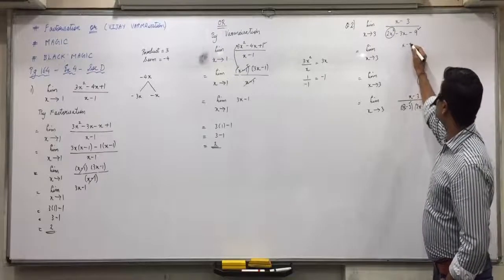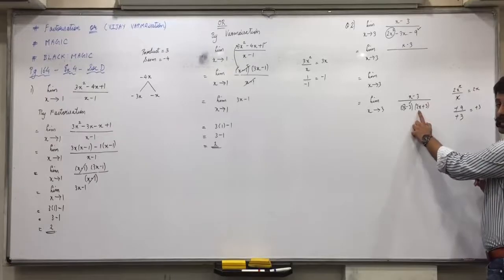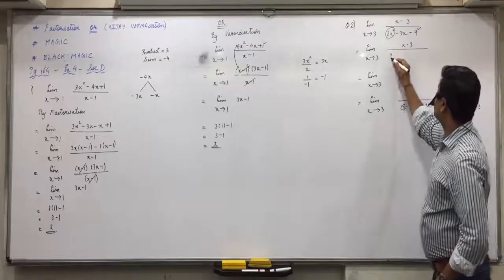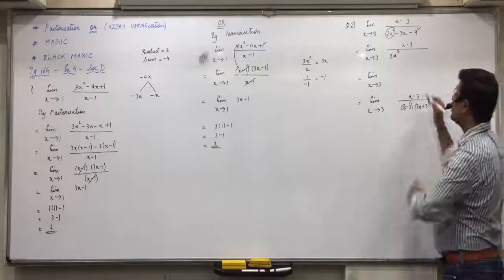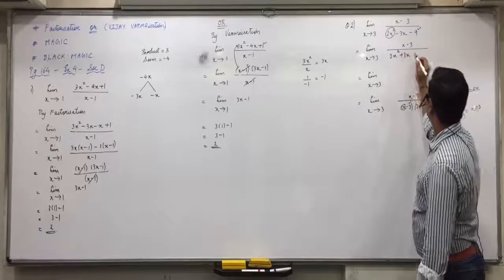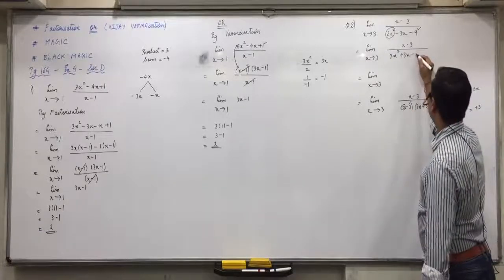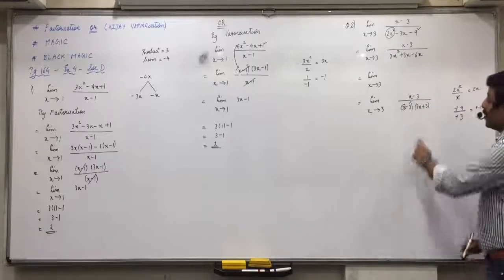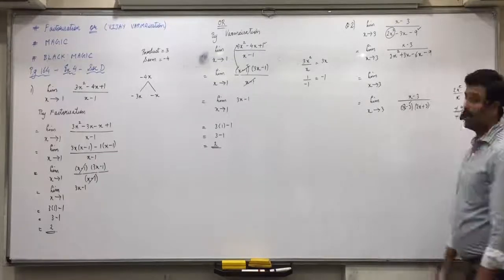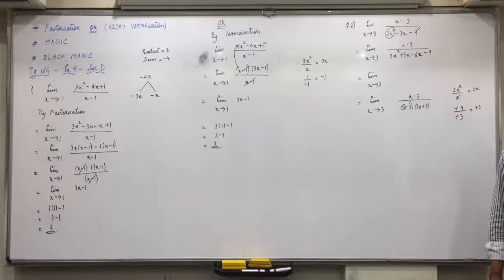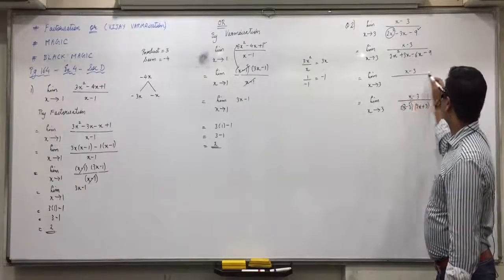x minus 3 as it is, x into 2x, 2x squared, x into 3, 3x, minus 3 into 2x, minus 6x, minus 3 into plus 3, minus 9. Understood this? So x minus 3 upon